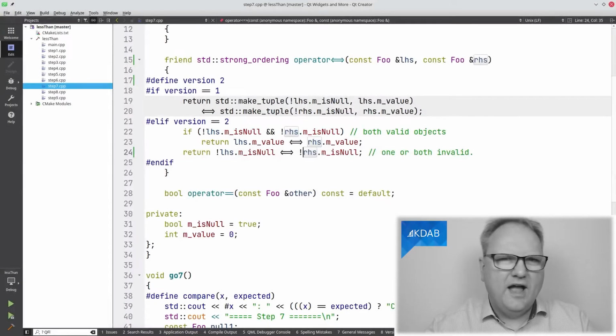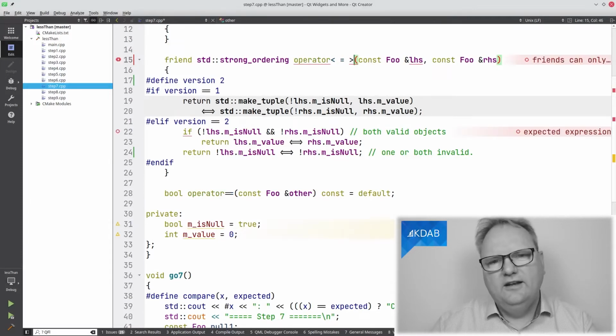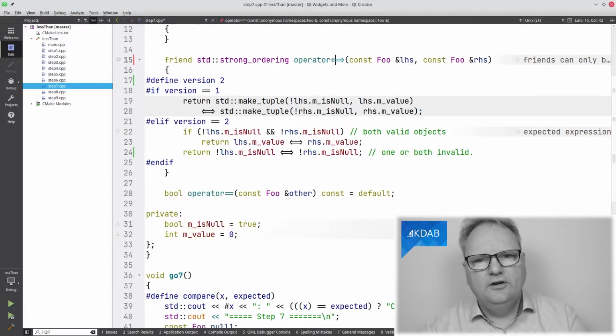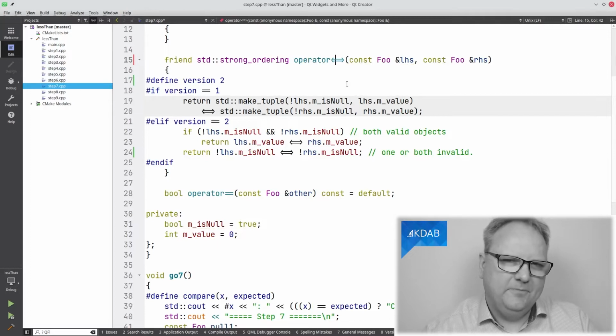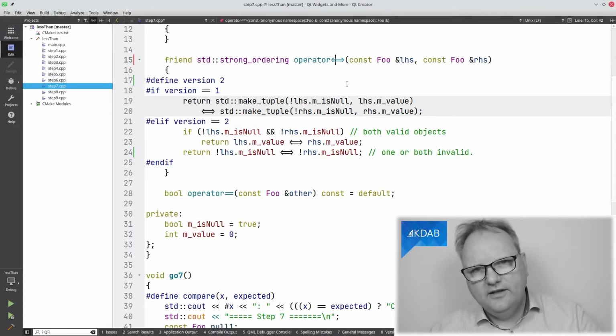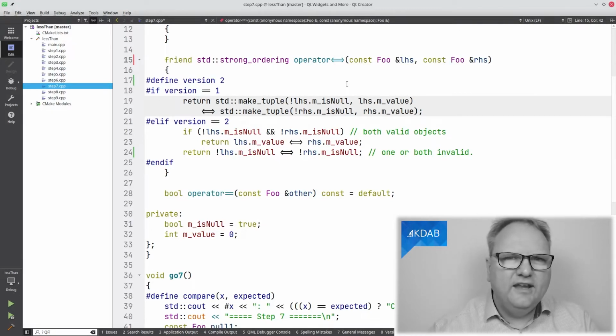So in case you haven't followed what's new in C++20, the spaceship operator is this operator less than, equal to, greater than, and you can see it looks a bit like a spaceship whenever you're not using the font that I'm using in here. But anyway, what it does is that it actually lets you implement less than and greater than and equal to and less than or equal to and greater than or equal to, all of these in one go, because if you try and implement them, you notice they do the same thing again and again. And let's see what it looks like.